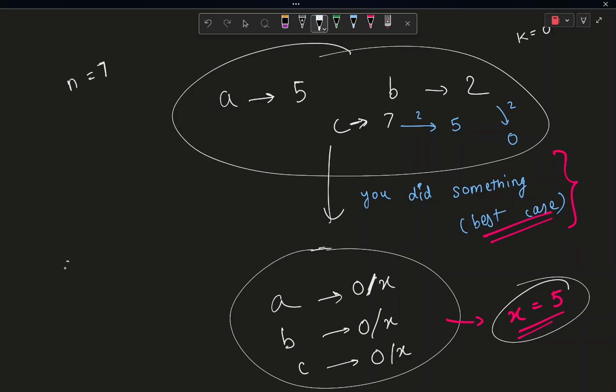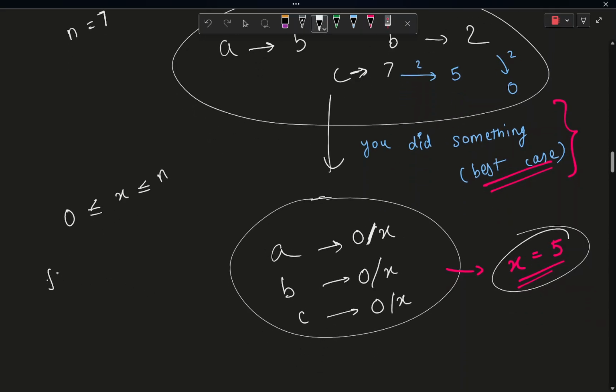Basically what I said is x will be in the range from 0 to n. So what if I check for each and every one of these values of x by running a for loop? I just run a for loop for x from 0 till x is less than or equal to n,